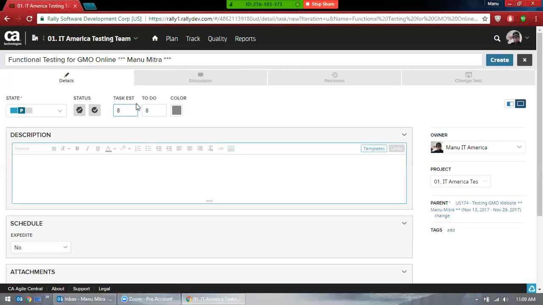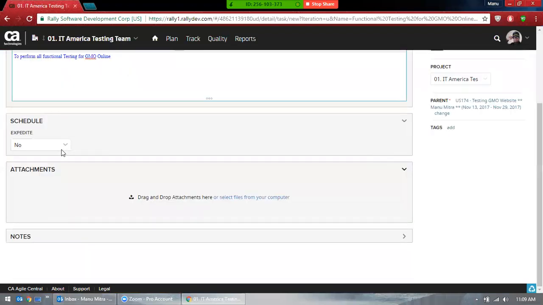So here we are taking the estimate for the task as 10 hours. Here I'm just choosing blue color, I just like blue. It has nothing to do with anything.